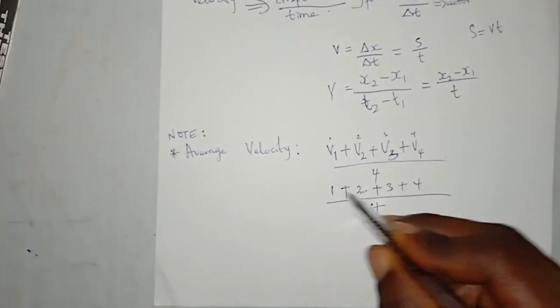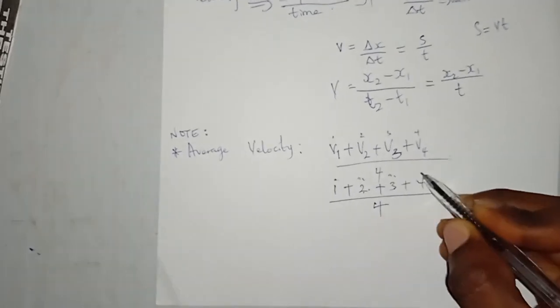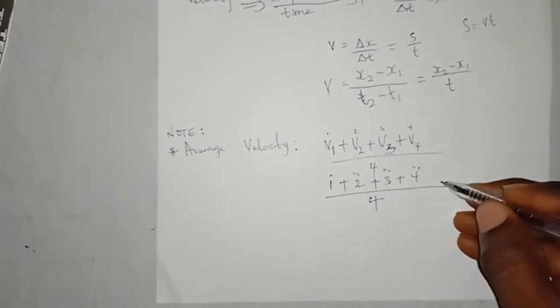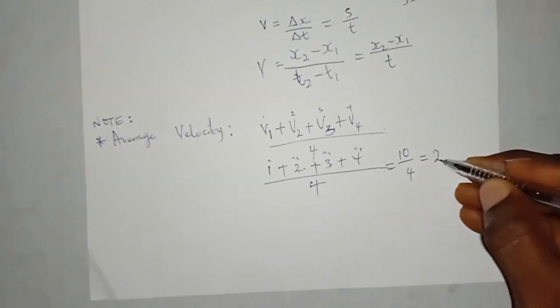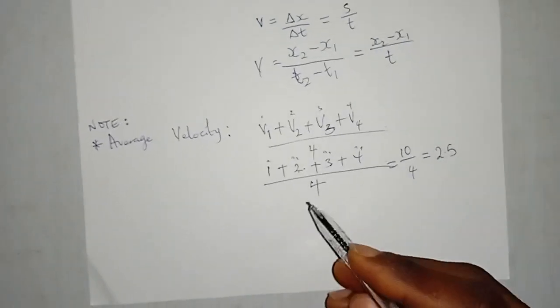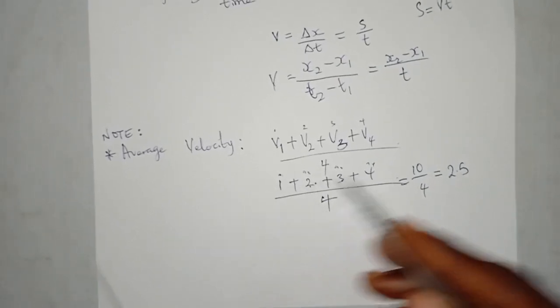All over is four numbers that is here: A1, A2, A3, A4. That is 4 numbers divided by 4. 10 over 4 gives you 2.5. So this same thing that I've done, instead of coming to sum up all the velocities and dividing by the